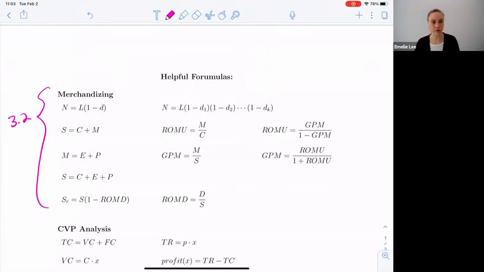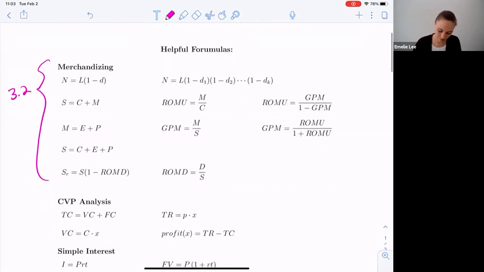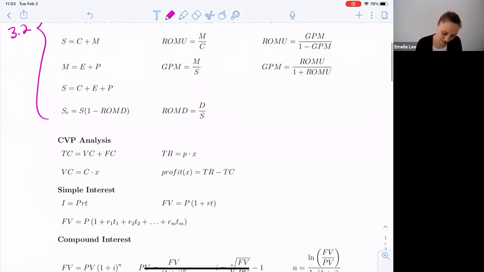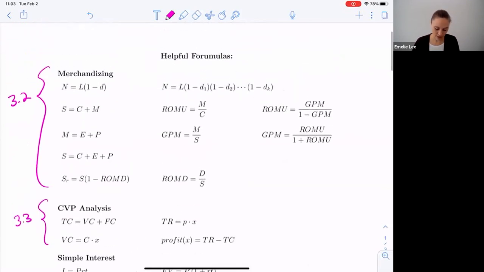So today, for sure, I want to work through each of these formulas and just familiarize ourselves with every single formula here. When do we use it? What you're going to see is that there's a lot of linkages going on here, right? And so that's going to be really important. And then this section here, the CVP analysis, is all from 3.3. Okay, so